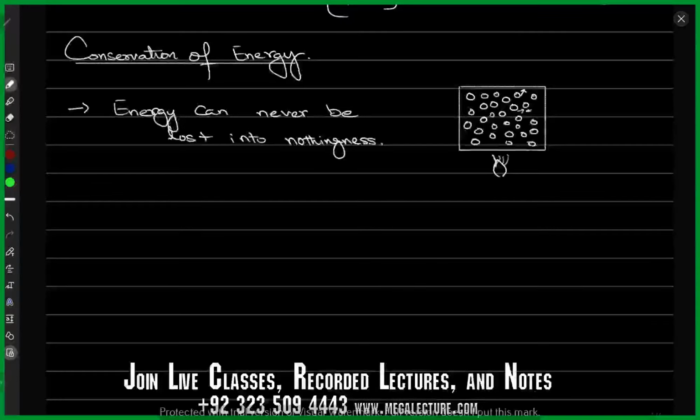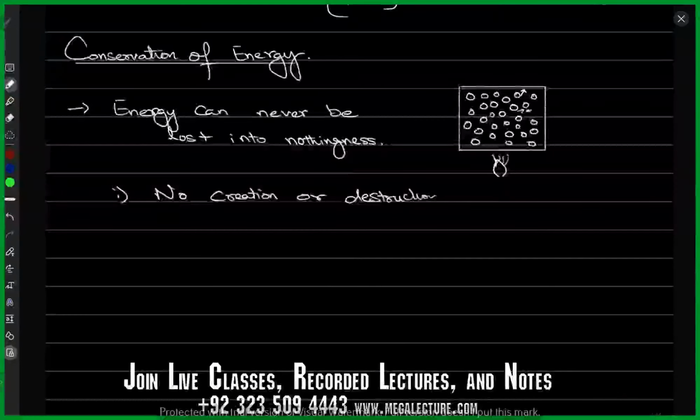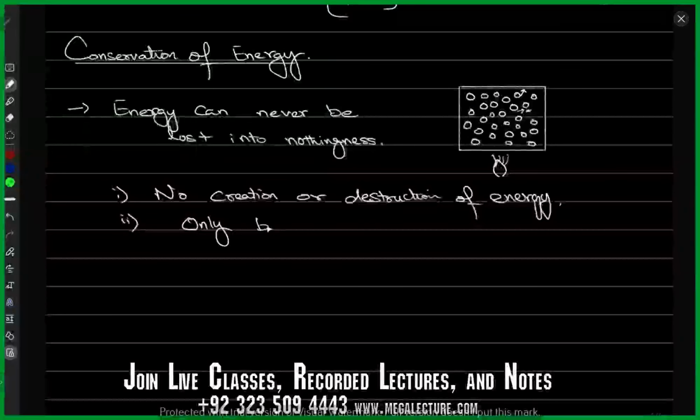Other things that you'll hear is that energy can neither be created nor destroyed. It can only be converted into one form or the other, right? So it's in two parts. One is no creation or destruction of energy. And the second most important part is that if it cannot be created nor destroyed, what can be done with energy? You want to know that, and that's what the second statement is telling you. It can only be converted,